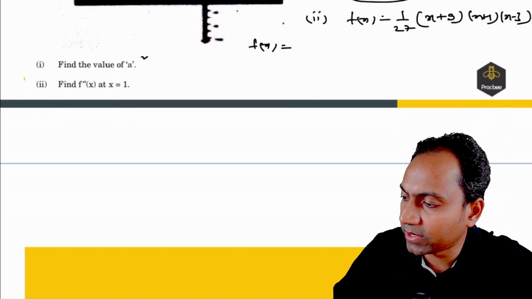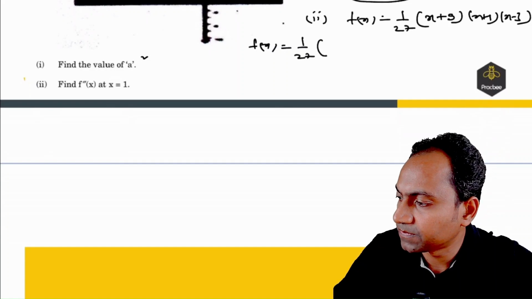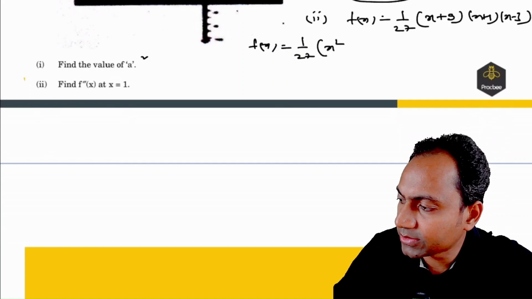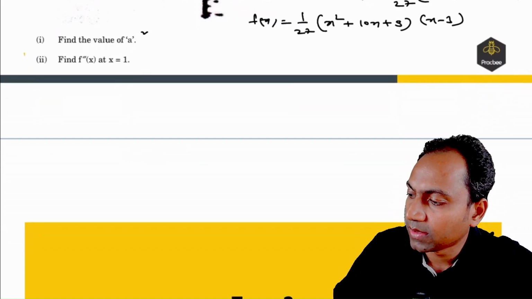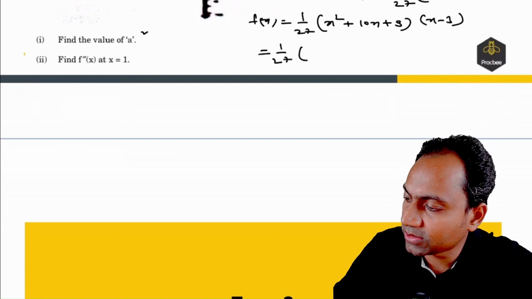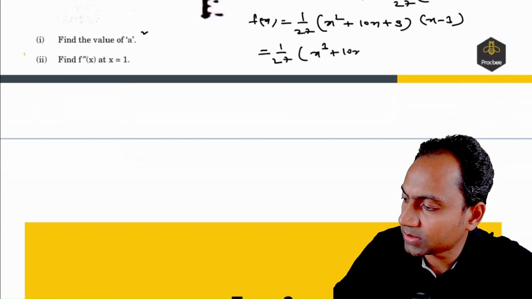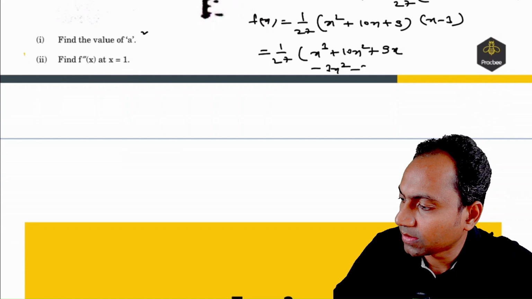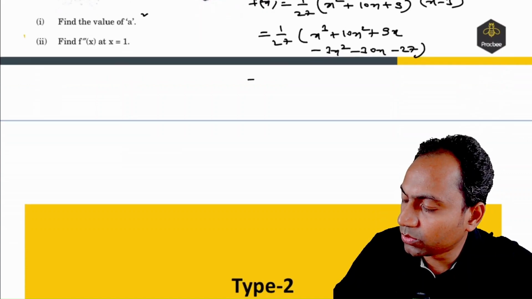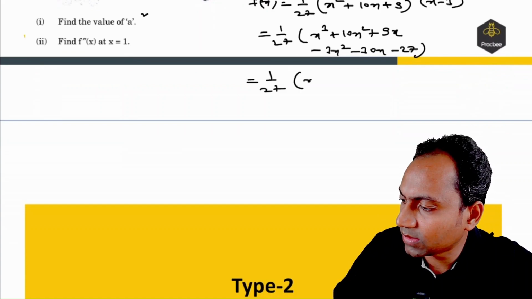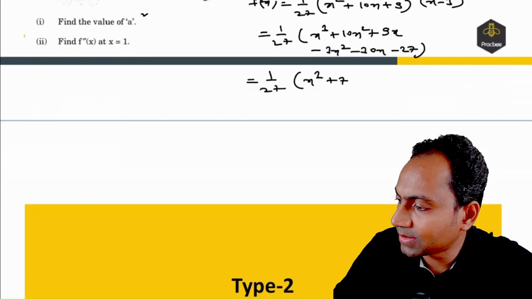If I simplify it, it is 1 by 27 times x square plus 10x plus 9 into x minus 3. And if I simplify it once more, it is nothing but x cube plus 10x square plus 9x, and then minus 3x square minus 30x minus 27. And if I do so, it is nothing but 1 by 27 x cube plus 7x square